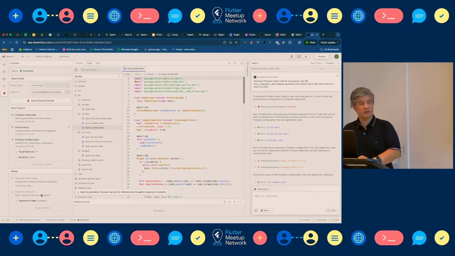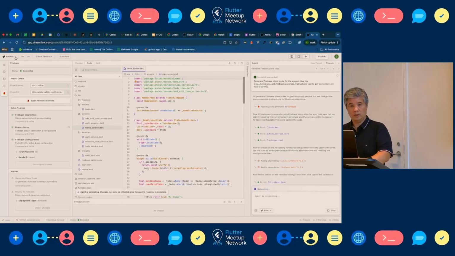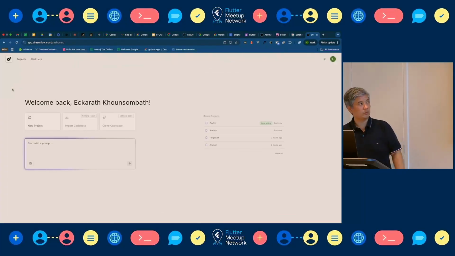Connecting is in progress. Where do you see that? When you go to the back dashboard, you can see it.